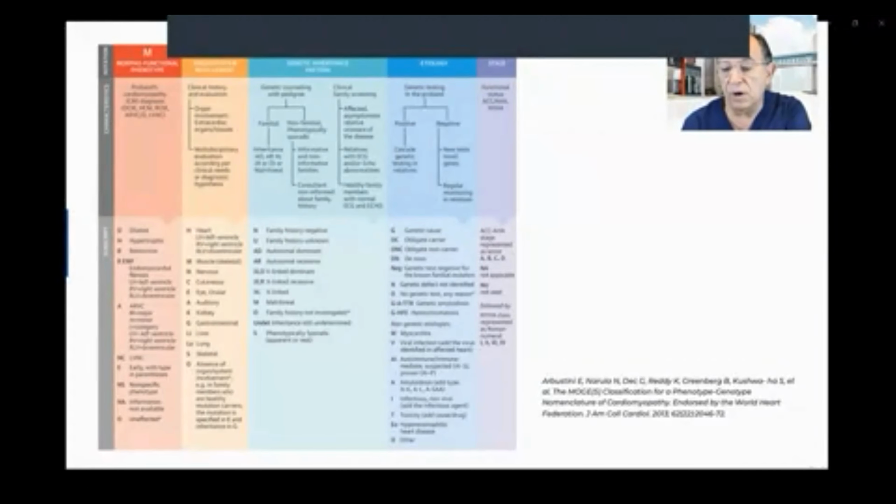There are 6 types of morphologic process related with the left ventricle in patients with hypertrophic myocardiopathy. The MOGES classification was suggested